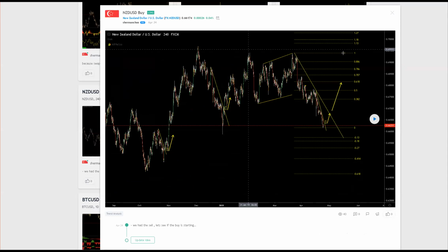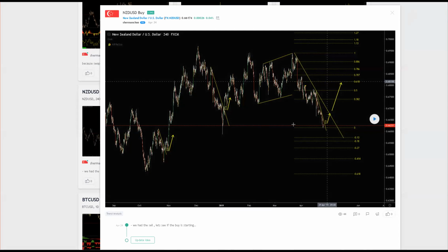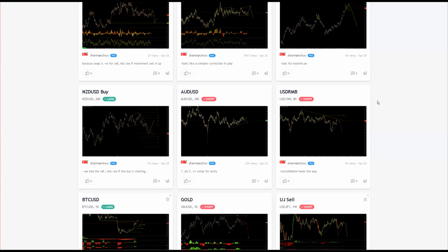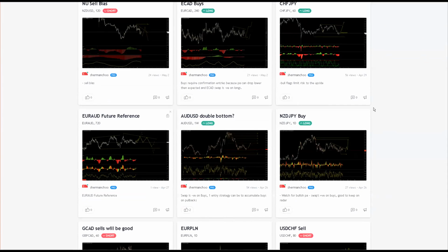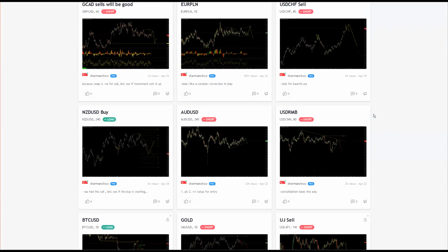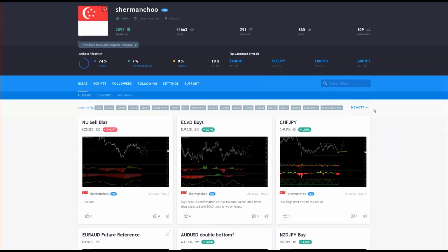So let's just go back. So Kiwi dollar. Once you broke this low, we'll be interested in buy structures to the upside. Okay. What else? We had, yes, we were at the first page. Let's go look at